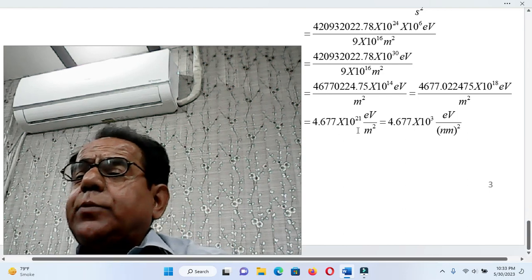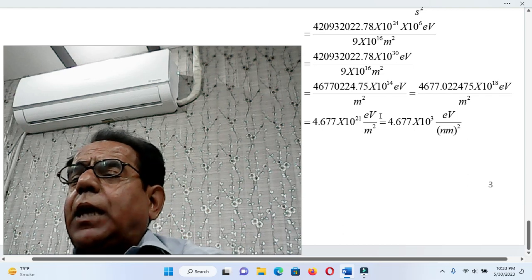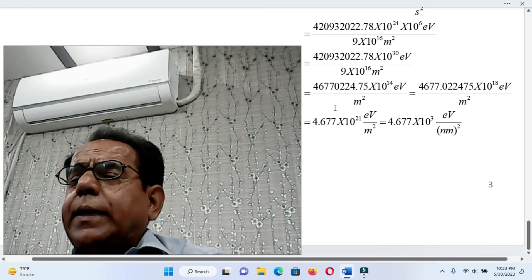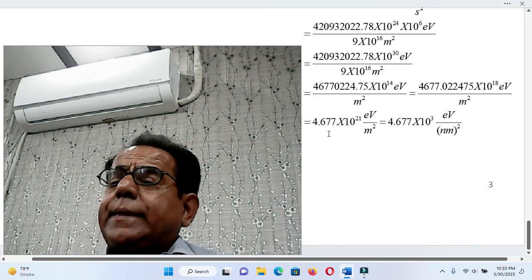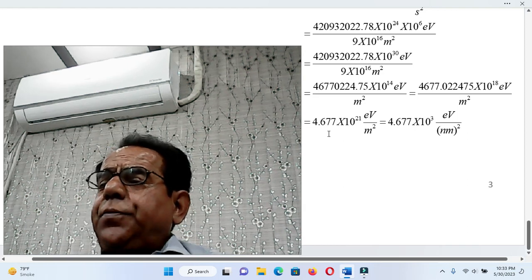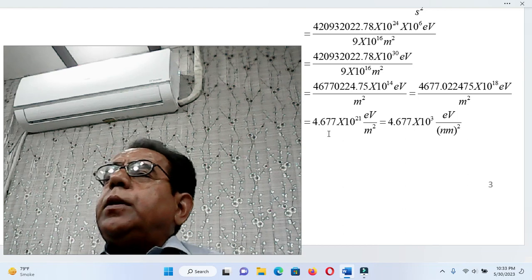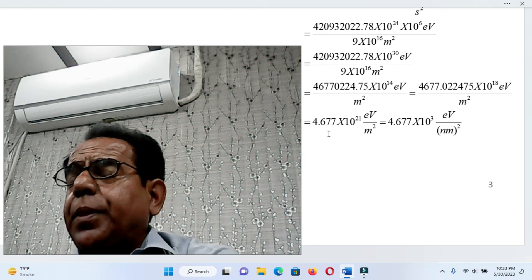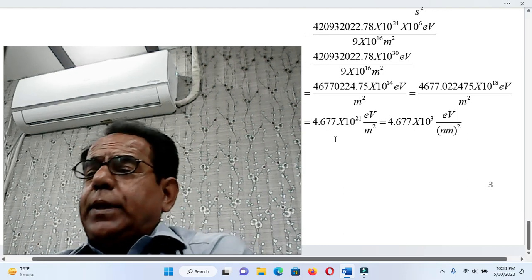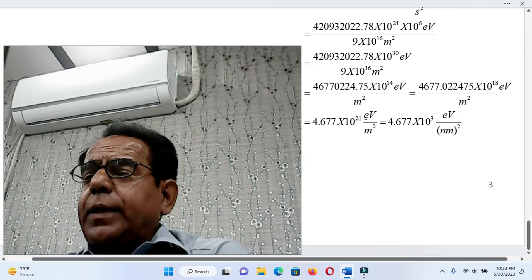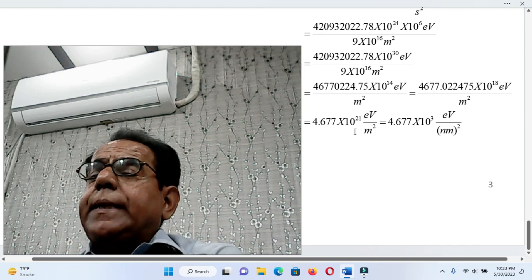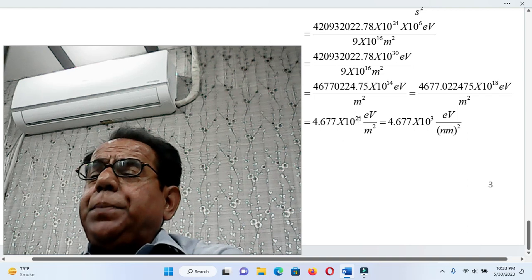4.677 into 10 raised to the power minus 21 electron volt over meter square. To this extent our solution is 100% correct and acceptable, but just as a fashion of physics we are going to adopt the next step. What next step? Dear students, actually out of this 10 raised to the power 21, 10 raised to the power 18 will be equal to